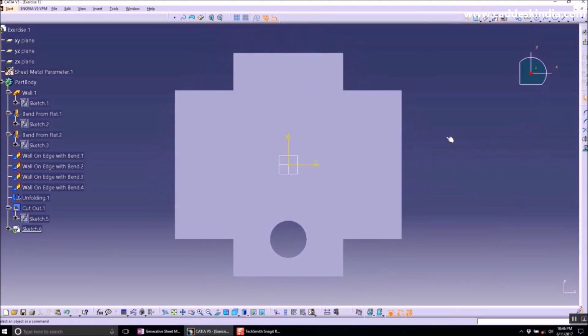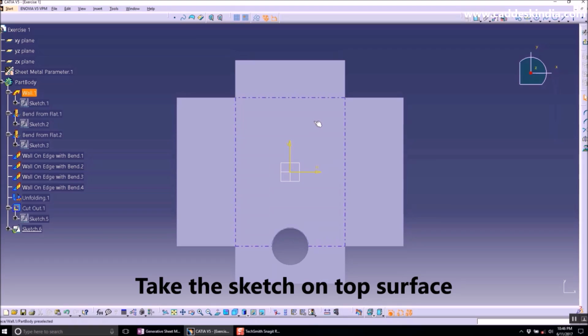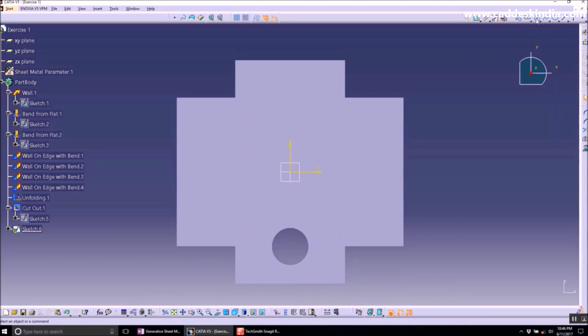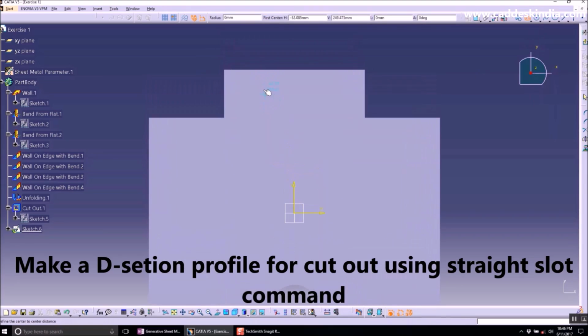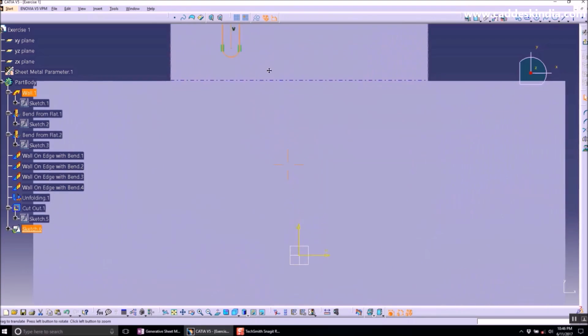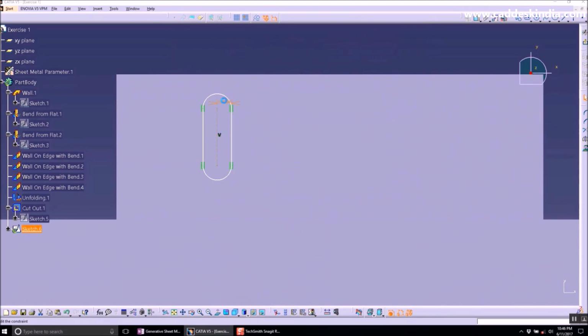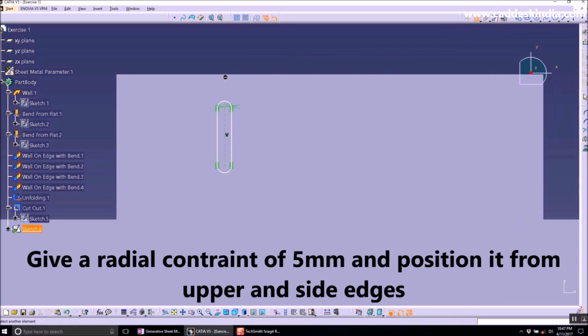Now let's take the sketch on the top surface, from the top portion, and let's make a D slot. A D slot is the half portion of the slot. So let me first make the straight slot, give it a value of 5, meaning the radius should be 5, and let me define the constraint from the top edge, which must be 25, let's say,